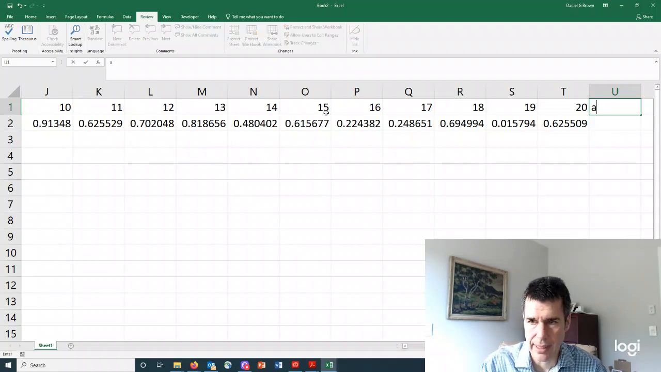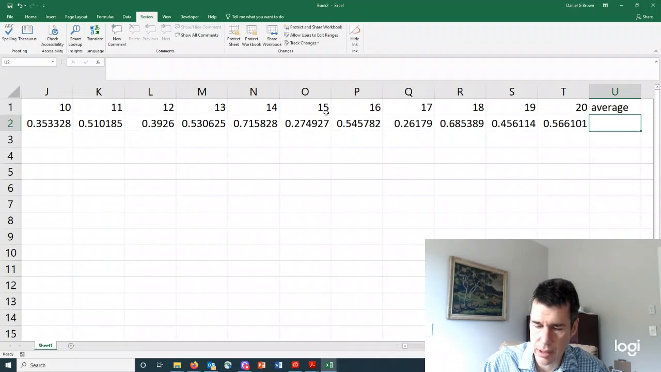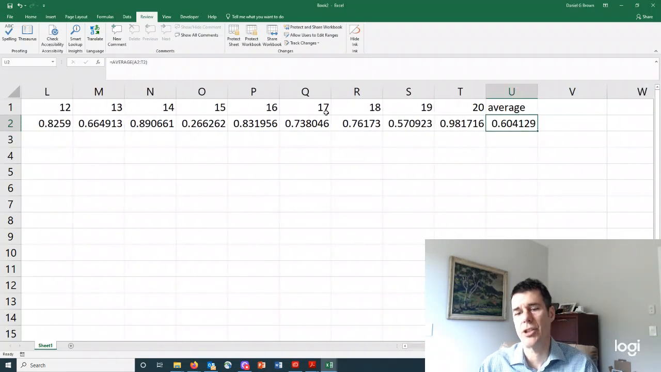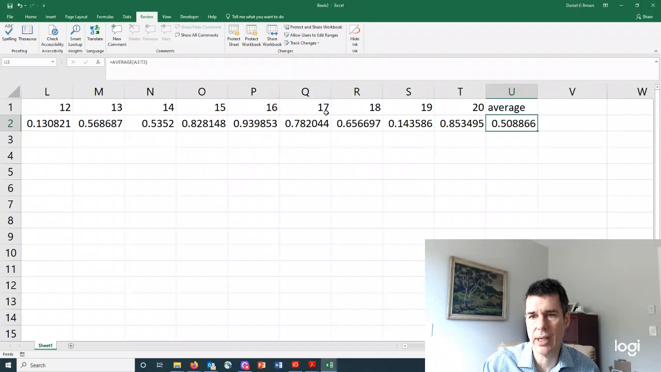And we want the average. All right, so the average here is 0.6, 0.4, 0.5, and so on. We know the true average, the true mean of this uniform distribution is a half. Now, the